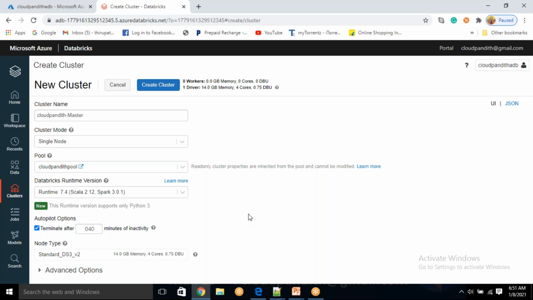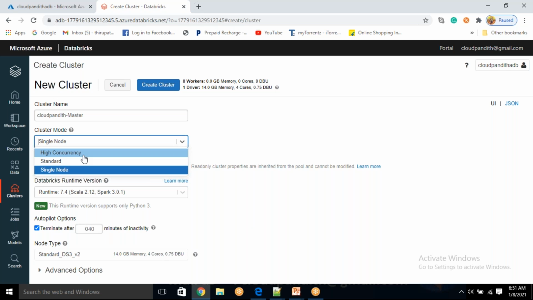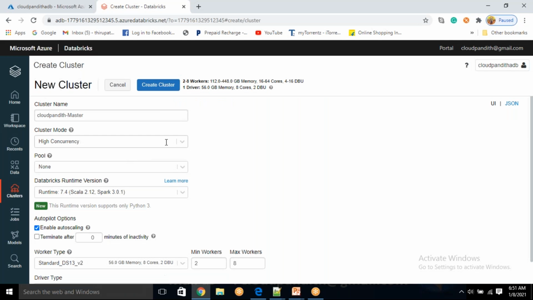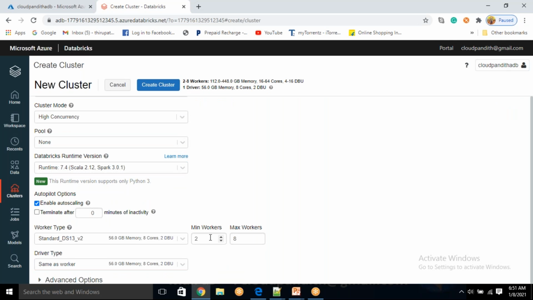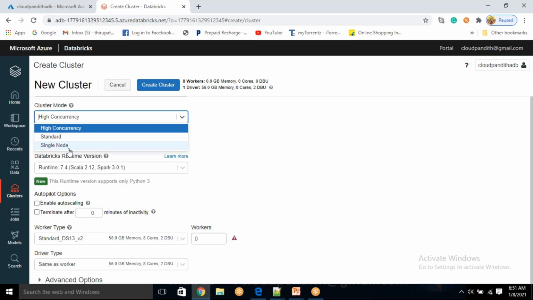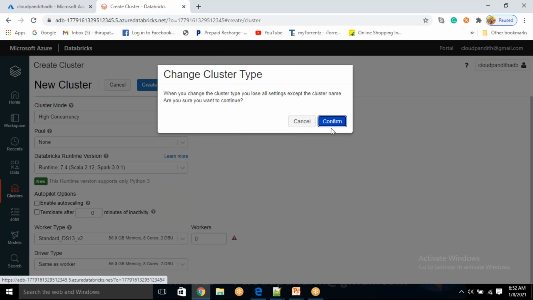So Malaya, if we choose high concurrency cluster here, and if I choose only one node in the pool, it doesn't make any sense, right? Yes, that's why they have given a direct option. See here, one node means you need to disable this, then you need to say 0 here, because you already have a driver node. What driver and worker are, you will come to know, but you already have a driver, so workers you should take 0. So it will not make any sense if you take one node with high concurrency standard. That's why I'm going with single.